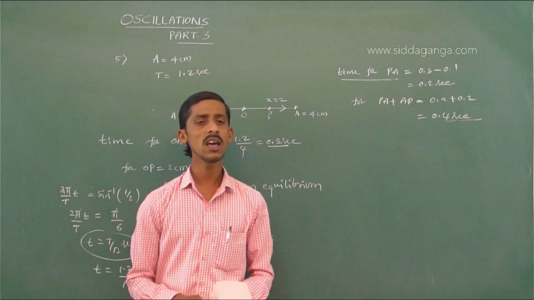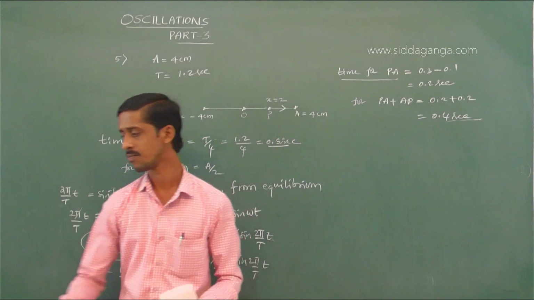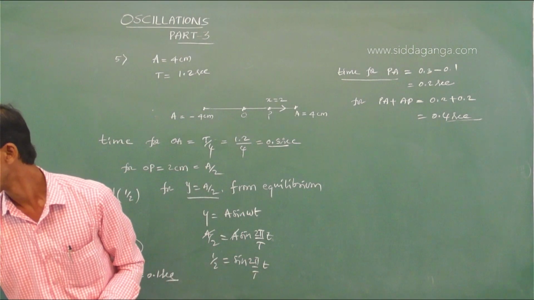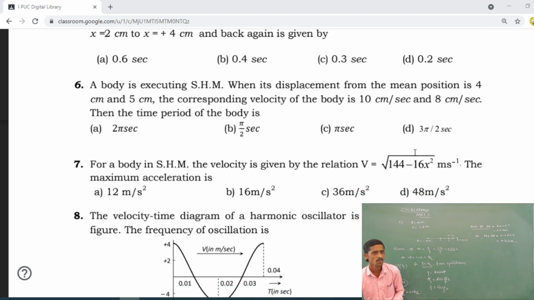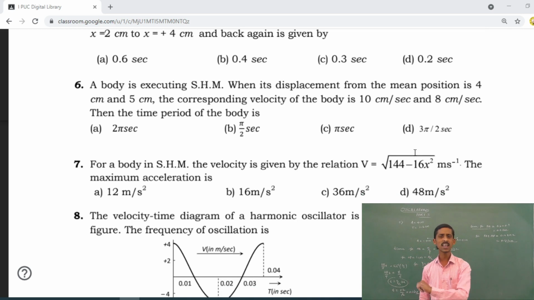A body is executing SHM when its displacement from the mean position is 4 centimeter and 5 centimeter. The corresponding velocity of the body is 10 centimeter per second and 8 centimeter per second. Then the time period of the body is, once again,